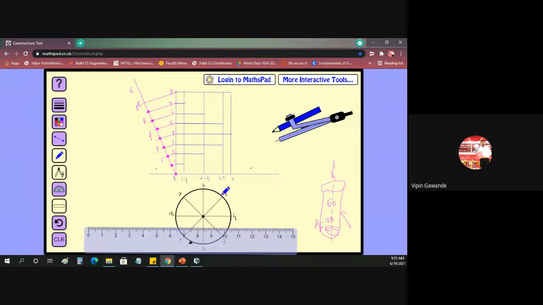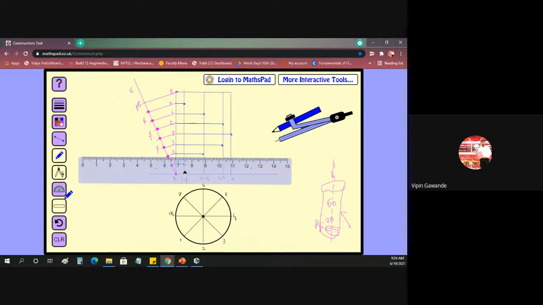So what we have done, see: from 1 up to the projection of 1. Then 2 up to the projection of 2, so it comes here. This is our first point, this is our second point. 3 comes up to the projection of 3, so it comes up to here. Then 4 comes up to the projection of 4, so this is our fourth point. Then 5 comes up to the projection of 5. 3 we have already used. Now 6, this is the projection of 6, so it comes here. Then 7, this is the projection of 7. And 8, this is the projection of 8. So we got these points.